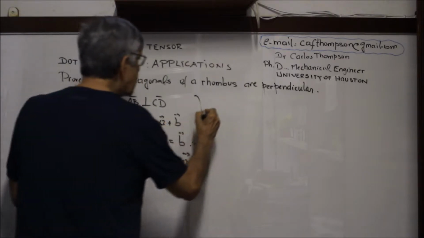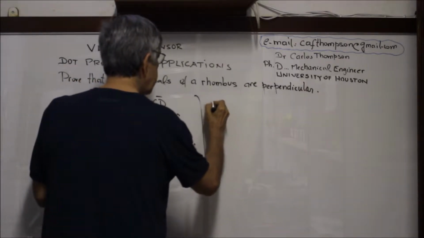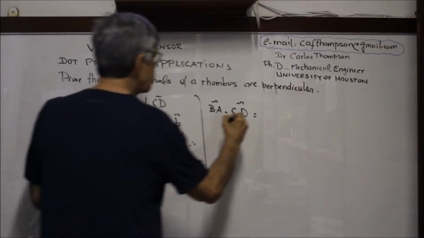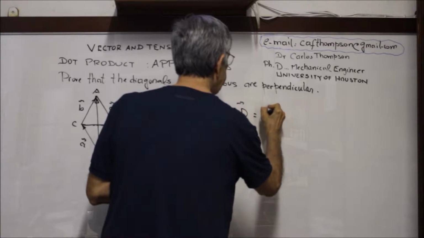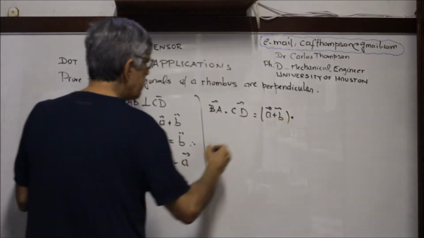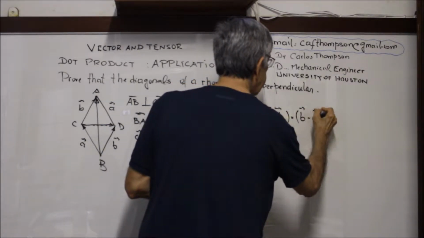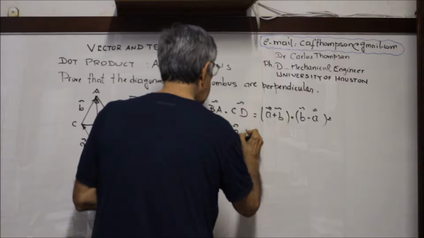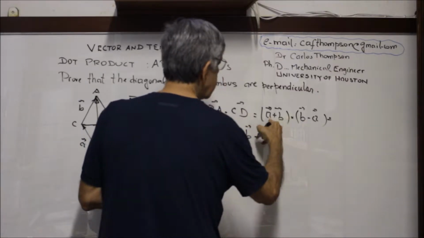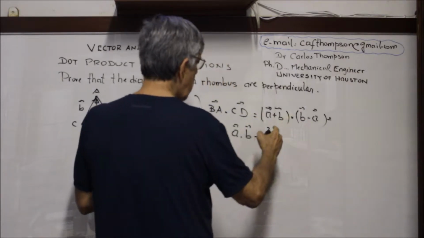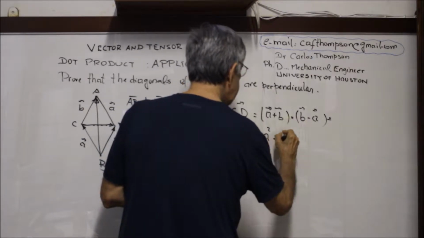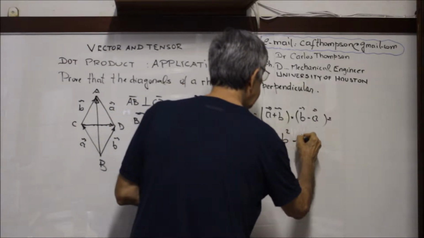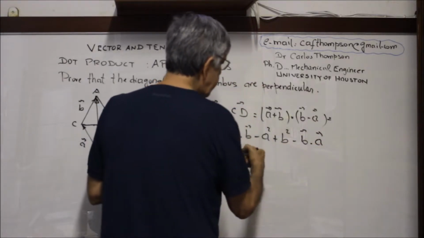Now, the dot product of BA dot CD is equal to A plus B dot B minus A. This is equal to A dot B minus A dot A, which is A squared, plus B dot B, which is B squared, and B dot minus A is minus B dot A. Okay? Now I can cancel here,